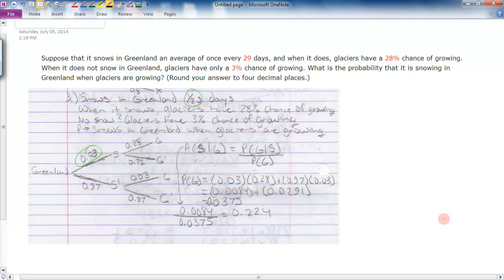So you correctly identified what the problem's asking for. What's the probability of it snowing when you know glaciers are growing? But I'm not quite sure where this formula came from. Bayes' theorem says it should be the probability of snowing given growing is equal to the probability of snowing times